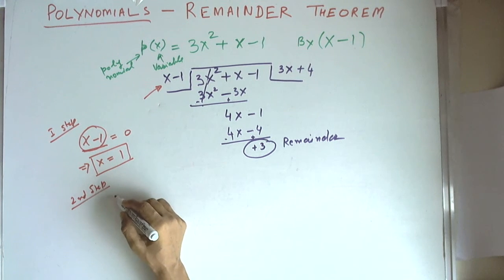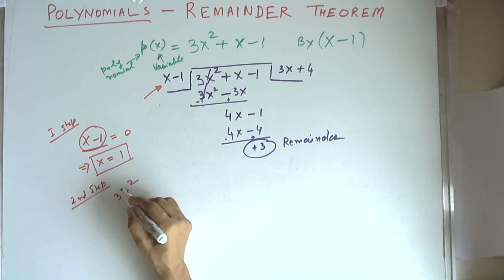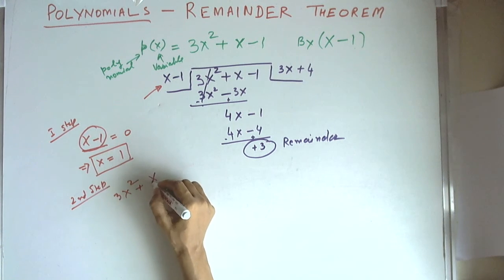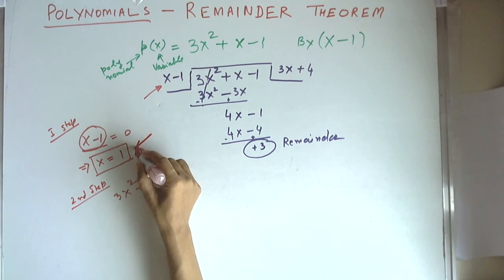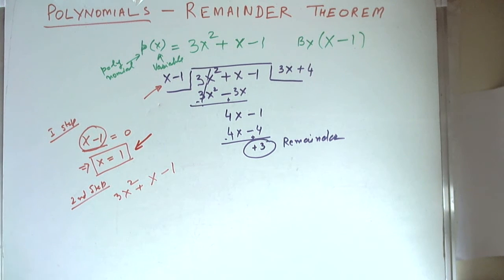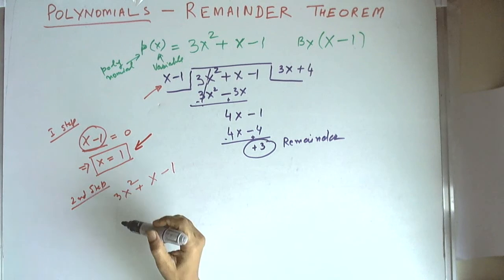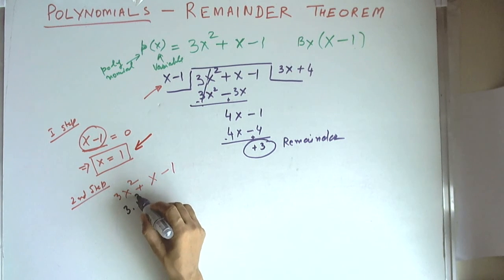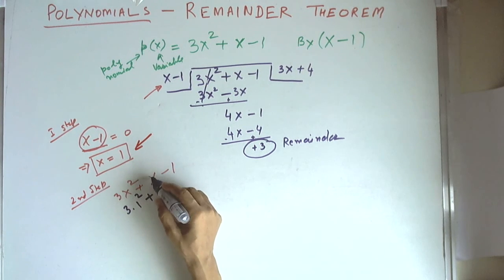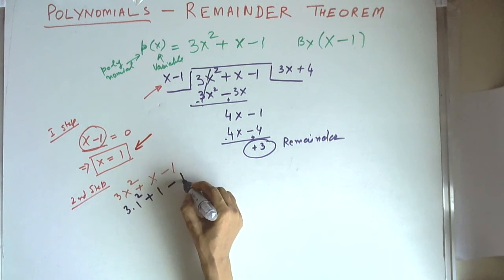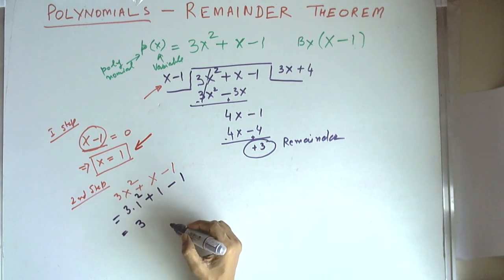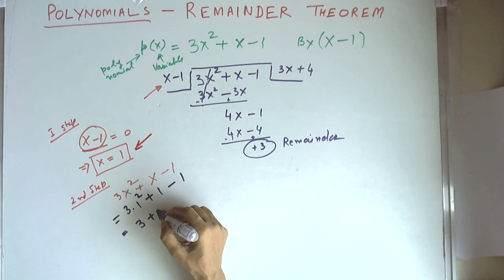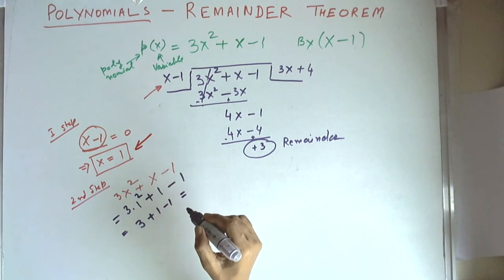So we will say our polynomial is 3x square plus x minus 1. So now what we will do is we will apply this value. And what value we have to apply? x is equal to 1. So 3x square will become 3 into 1 square, then plus sign here, and x is 1, and then this constant is minus 1. So this will become 3, because 1 square is always 1, and multiplied by 3 it is 3, plus 1 minus 1. So what is the result? Result is 3,